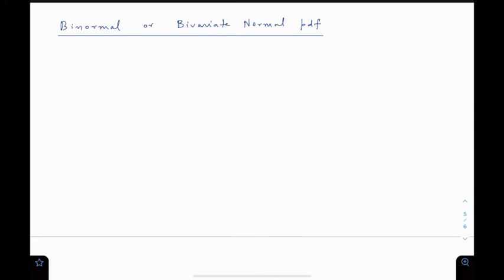So here we can write the covariance matrix as sigma x square, sigma y square, and on the off diagonal we have rho sigma x sigma y, rho sigma x sigma y, which basically tells us that the inverse will have this form: 1 by sigma x square sigma y square, 1 minus rho square, sigma y square,